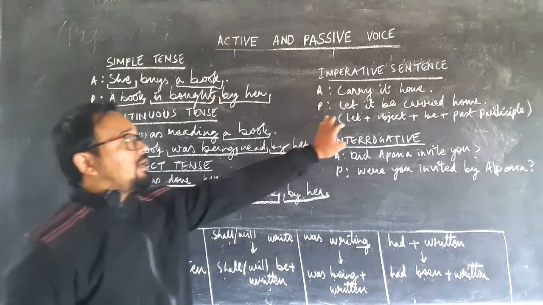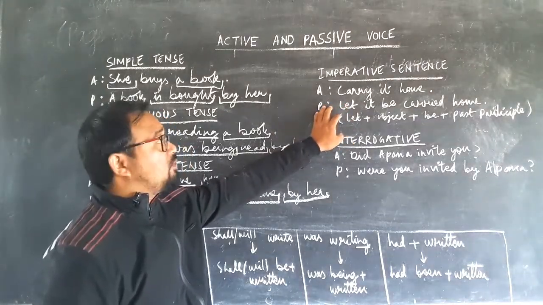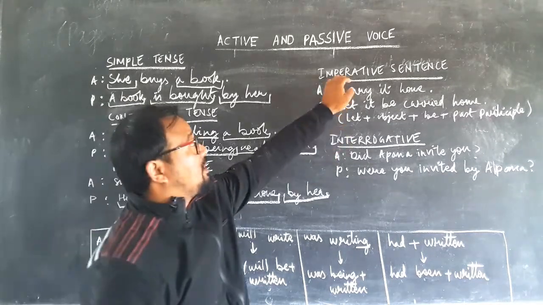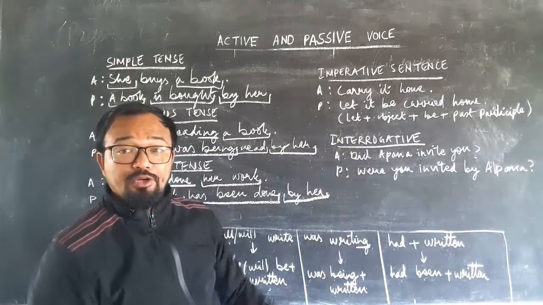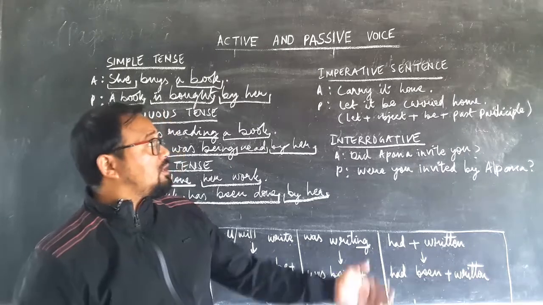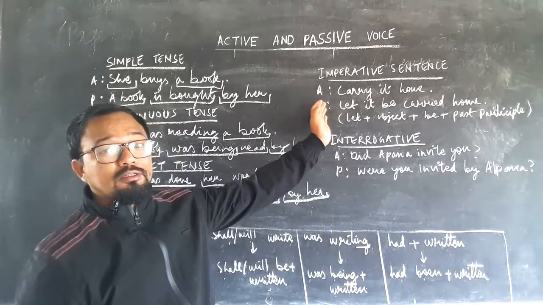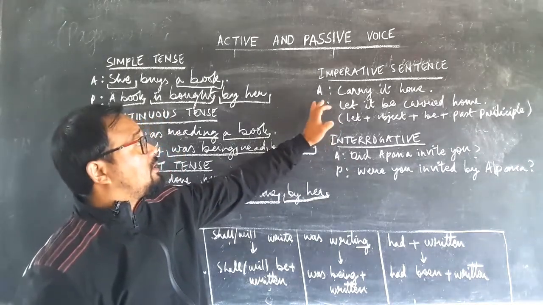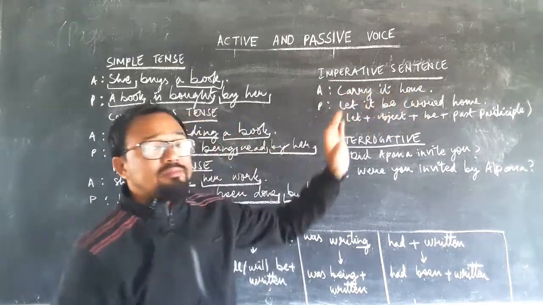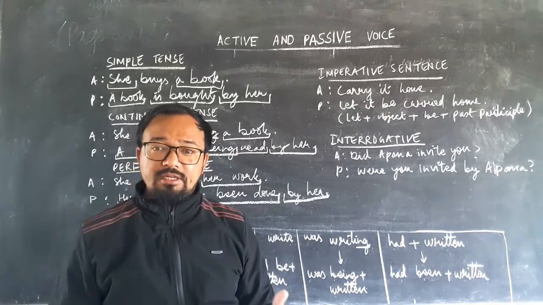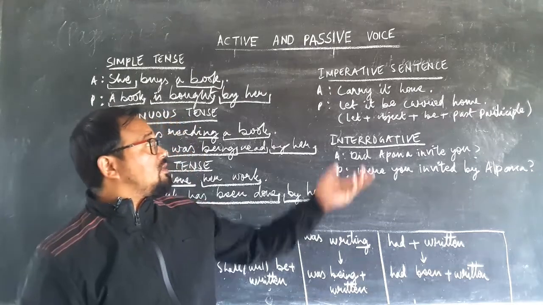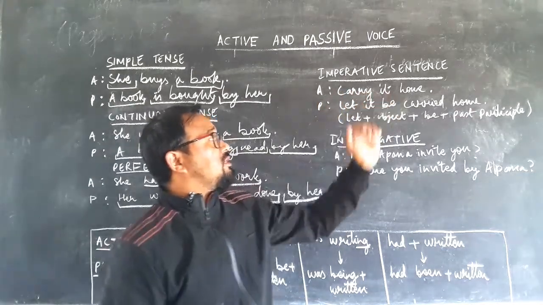Now there is a little bit of a problem with the sentence also. Sentences may be in different forms, like an imperative sentence, and it can be an interrogative sentence also. So there also you should know how to change it. There also you need to apply some methods and formulas. Like here in active voice, carry it home. An imperative sentence means what? It is giving advice, a command or a request, or it can be an order also. So here, carry it home, that means it is an order.